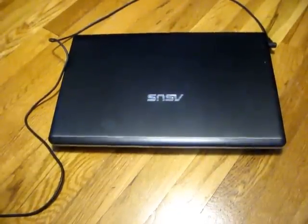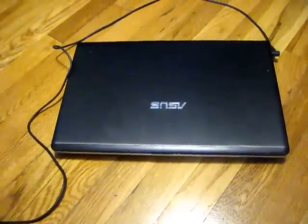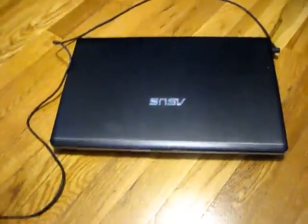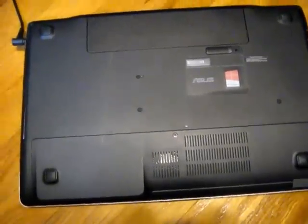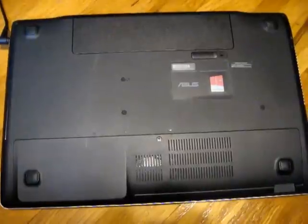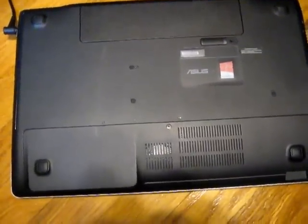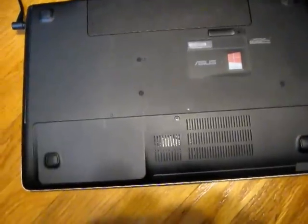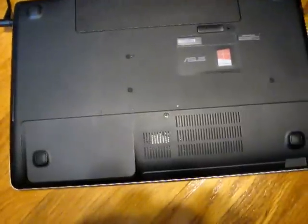Now let me first take a look at the bottom of the laptop, because that's where a lot of the problems first pop up. Now, problem number one with the laptop has been the hard drive. Now the hard drive is very, very tiny. I mean, it's only 750 gigs. Now that might sound like a lot if you've used like only a MacBook, which has like a tiny SSD